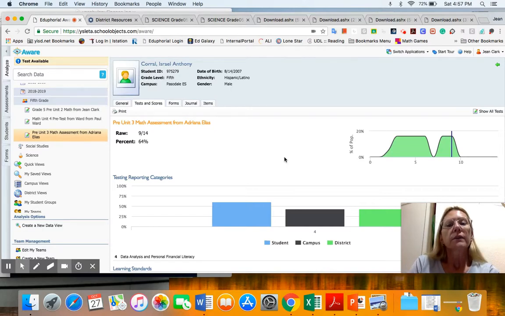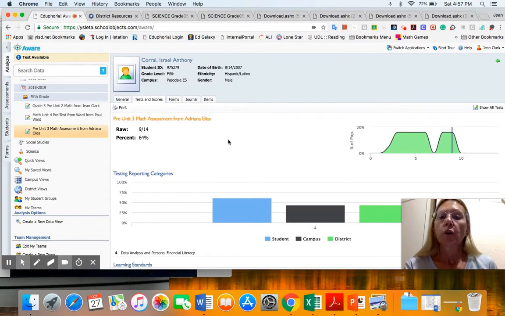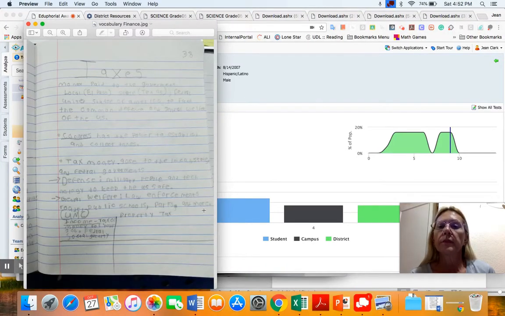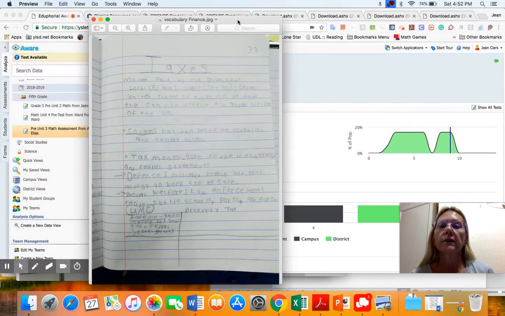When I started off with Financial Literacy Week, we pre-test every assessment that we give. So we gave him a pre-test. And for my stakeholder that I chose, this is what his pre-test exam was. So he started off with a 64%, and he was very upset about that because he felt that, I didn't get an A. They always want to do better or get an A the first time. But he didn't, and it's due to a lack of just background knowledge. This was our vocabulary that we started off with.